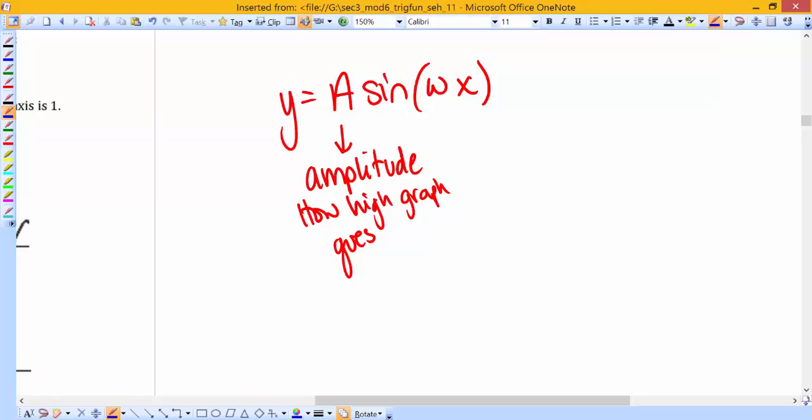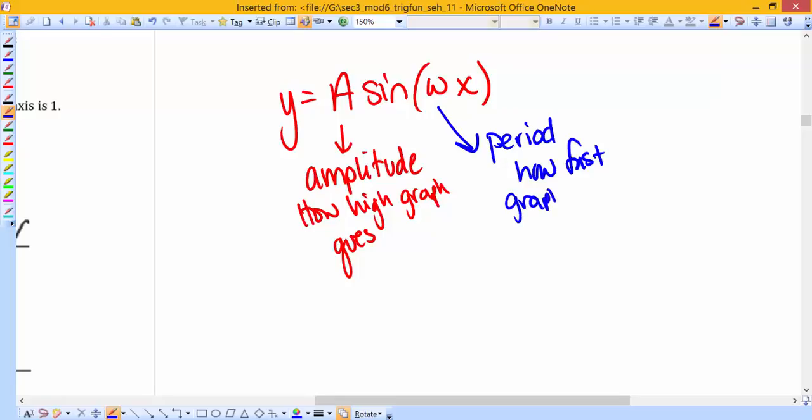The W, which is omega, is a Greek letter. It's a funky little W thing, the lowercase omega. This helps me find the period, and the period is how fast the graph goes. So the formula for the period is P equals 2 pi over omega. The reason it's 2 pi is because the full cycle of our unit circle is 2 pi, so all the way around. And omega is what we are